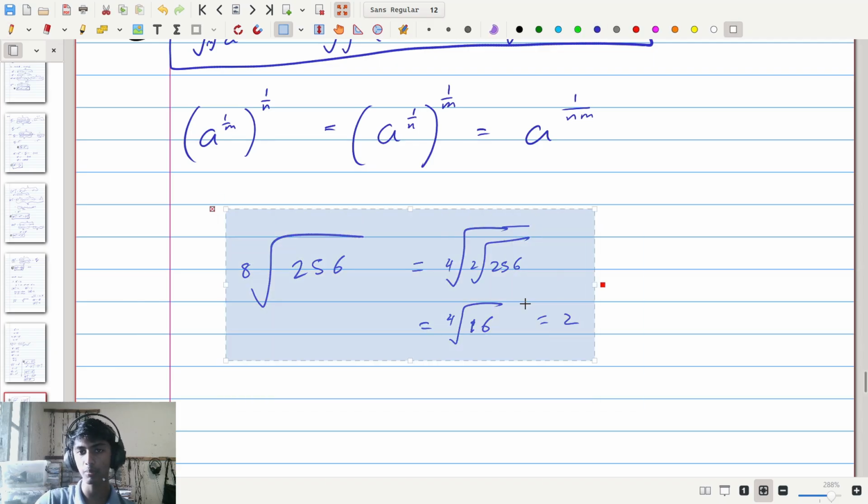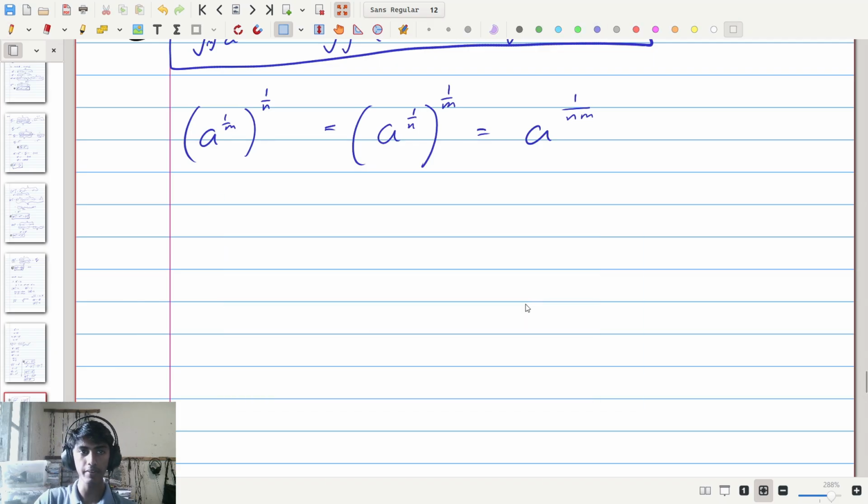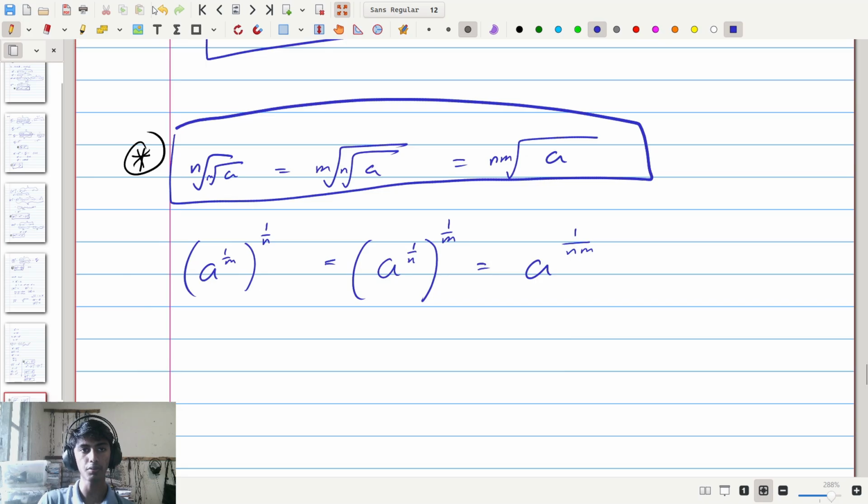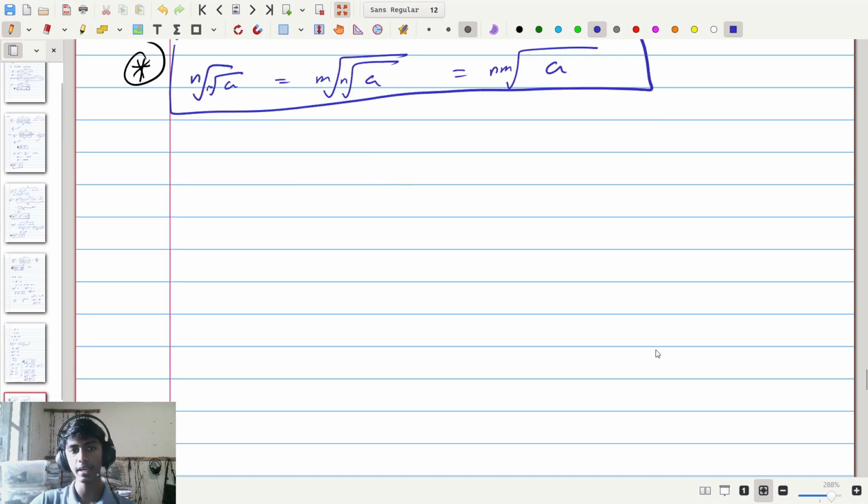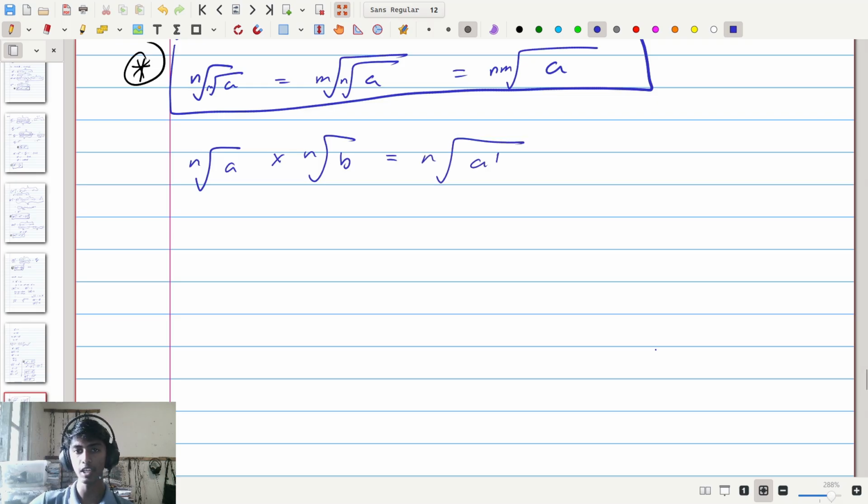Generally in the papers you're probably not going to have this thing, or if you have it, you'll have it in some equation format. But this is an index rule, it is valid, so therefore it gets to be in its own box. If we have the nth root of a and we multiply it by the nth root of b, this is equivalent to the nth root of ab. This is exactly the same as the previous thing that we discovered,